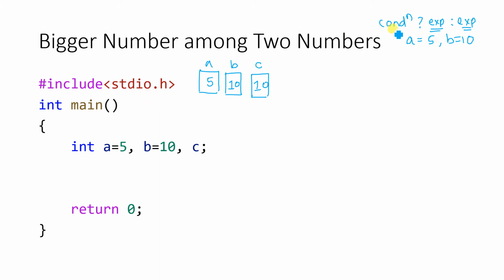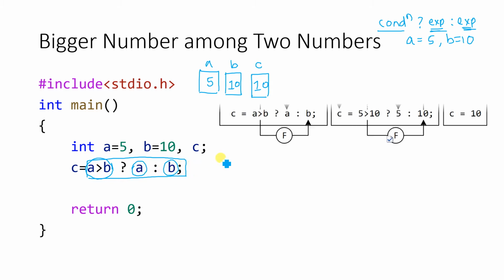So the conditional operator says that we have to first write the condition, then expression 1, then expression 2. So how will it be done? It will be done something like this. What I have done is, you just concentrate on this part only. So forget about this c is equal to. So c is equal to what? That I will tell you. So here this line says your condition, this is your first expression, and this is your second expression. So actually it is executed something like this.